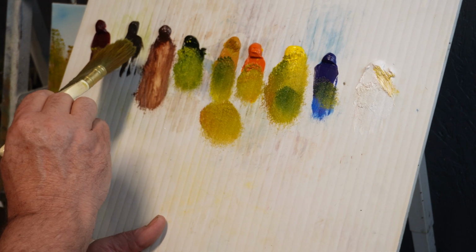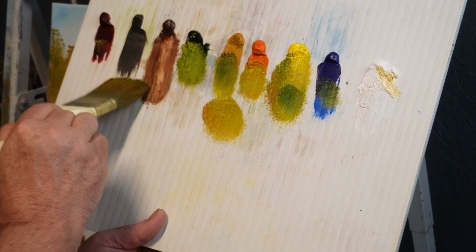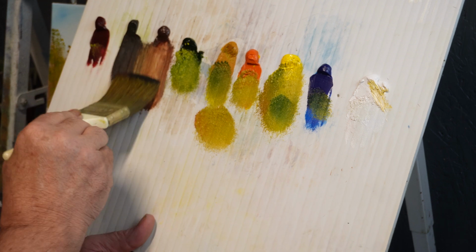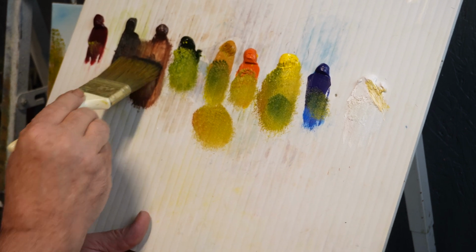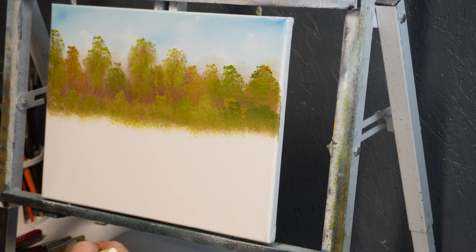where I have my Van Dyke brown, I'm going to pull some of this Van Dyke brown down and some of the dark sienna together and mix them on the brush. I'm going to pull them until I get the colors the way I want them. And I'm just going to push it forward like we did in that last painting, if you saw it, where we push up on the brush and it gives us that little ridge. And that's all I'm doing right here, creating that little ridge of paint,